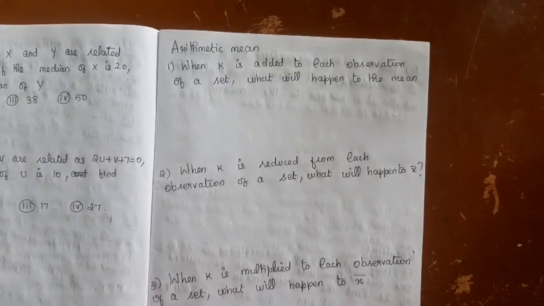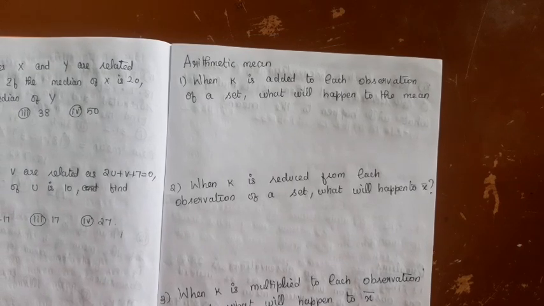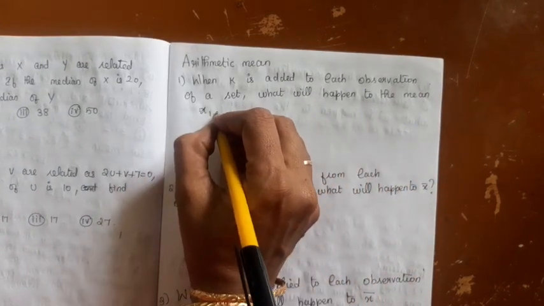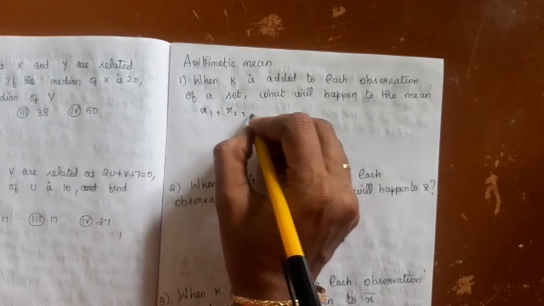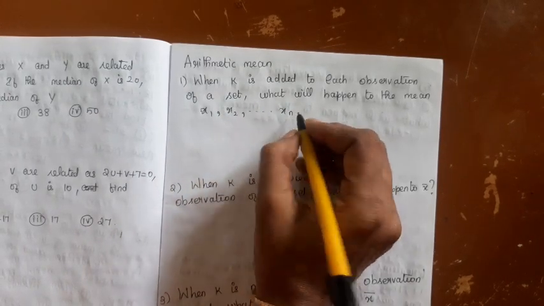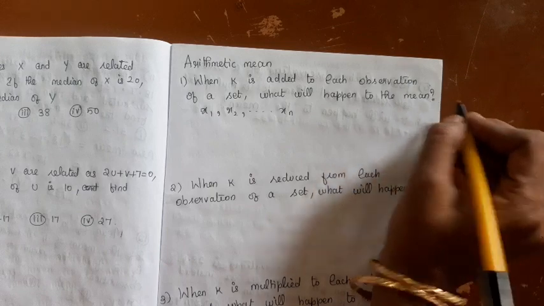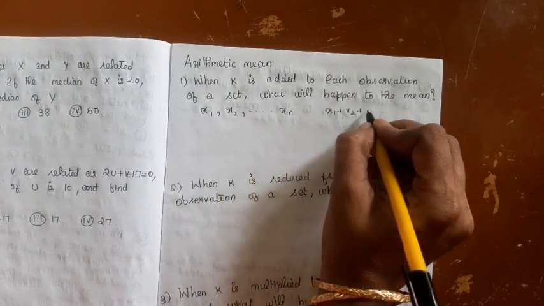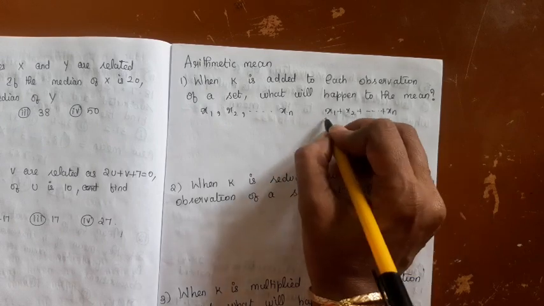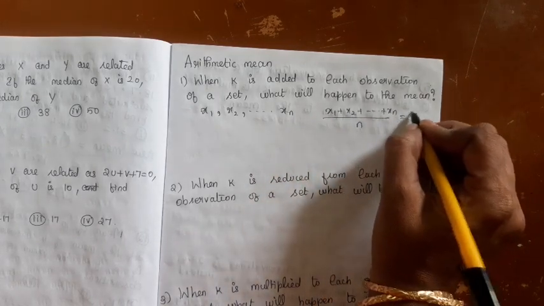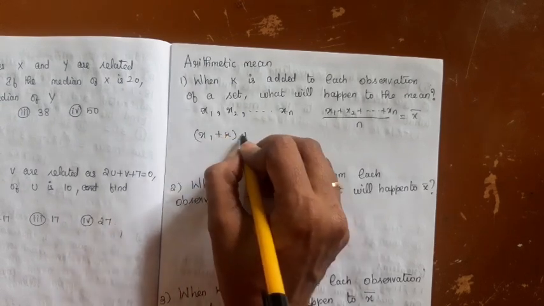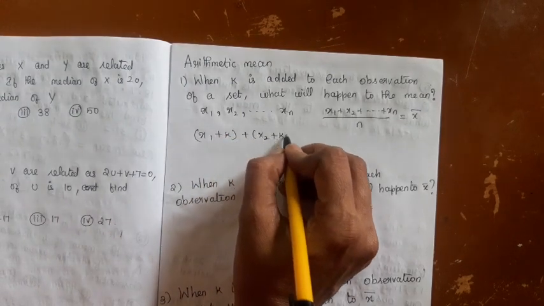Yes, in this video, let us try to solve problems in arithmetic mean. And before that, let us try to understand some concepts. See, the situation is when k is added to each observation of a set, what will happen to the mean? The mean of n observations is obtained by adding all n observations and dividing by n. If you add k to each observation,